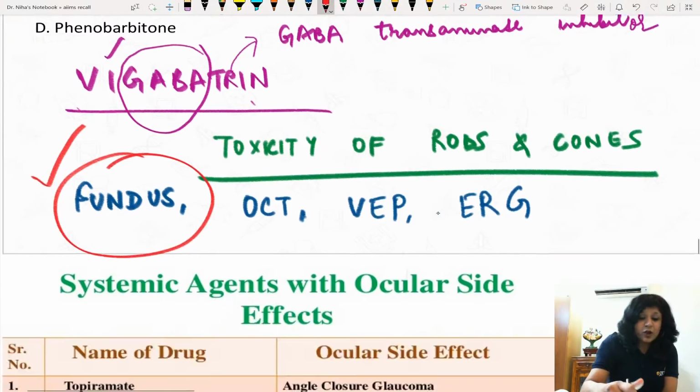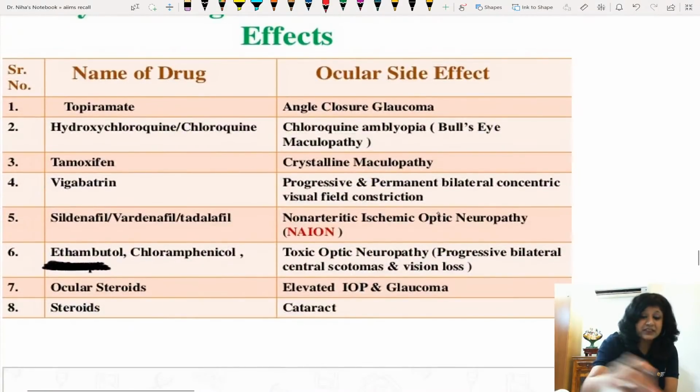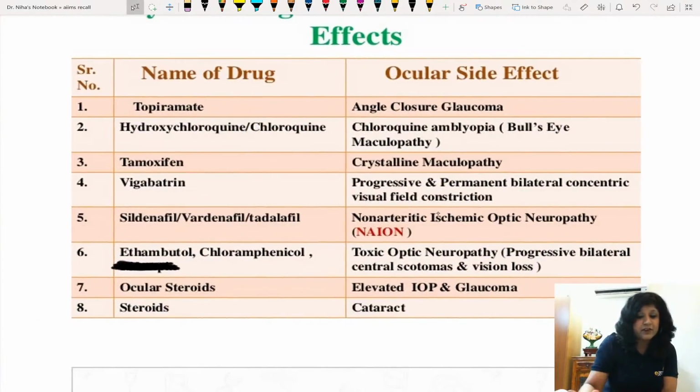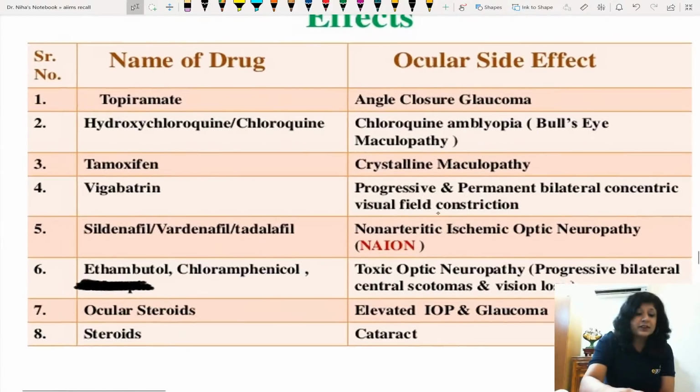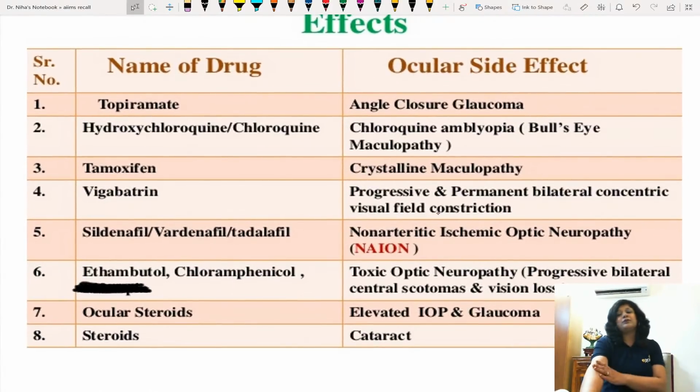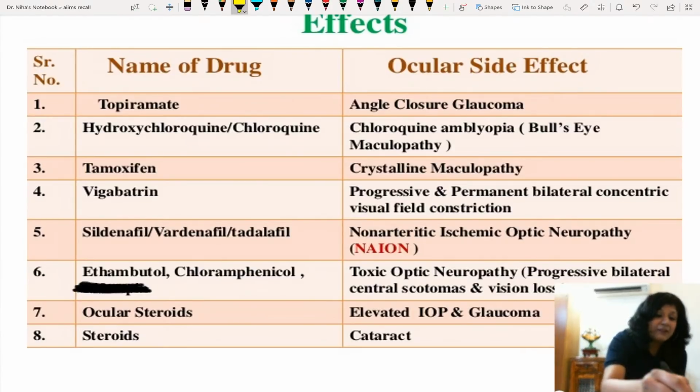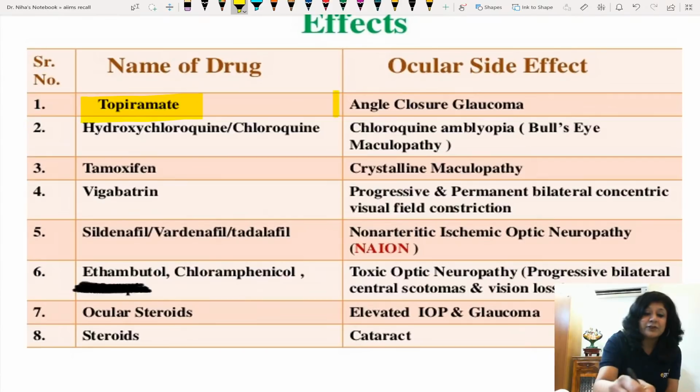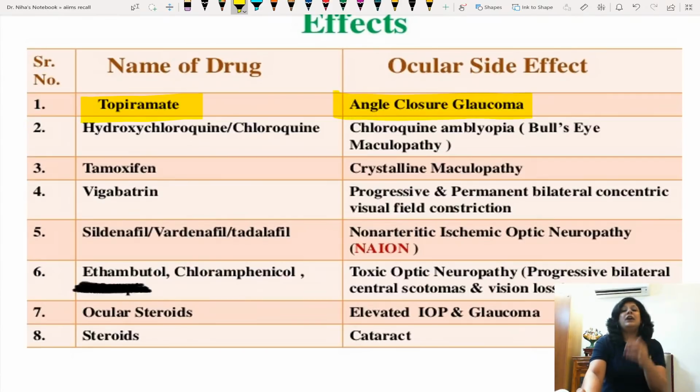Okay, now because they are asking these things again and again, I thought why not prepare a chart and a table for you people for quick revision afterwards also, because now it has become a habit of the AIIMS people. They are asking the systemic drugs with the ocular complication, and on the top I have taken the topiramate that was given in the previous paper. That was your true and false type of question. Topiramate causes a secondary angle closure kind of glaucoma, right?